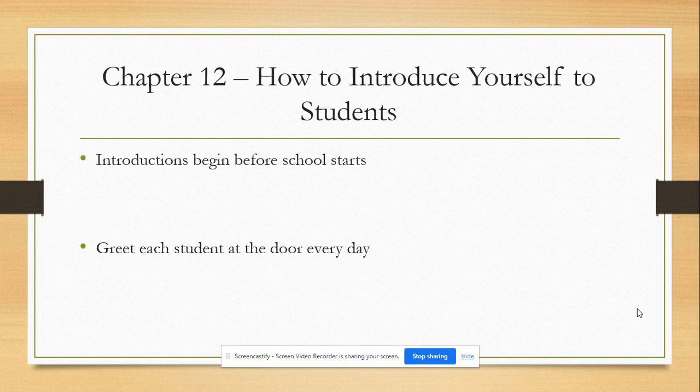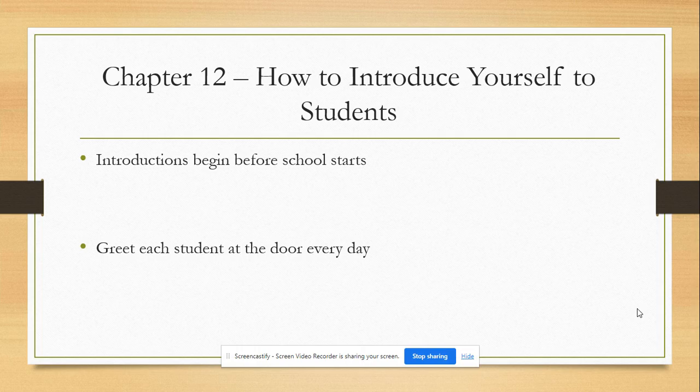It's important that you do everything possible to welcome students so they know where to go and how to get there on time. A student finding the right classroom on the first day of school can be a frightening experience. Before school starts, you should send a letter home to parents explaining that you're excited to have their child, explain when open house is taking place, and provide information on the materials needed to be successful in your classroom. You should also send a letter home to students introducing yourself and outlining expectations for them. This will help ease their fears about the first day in your class.